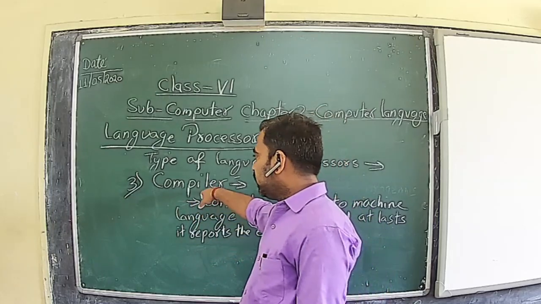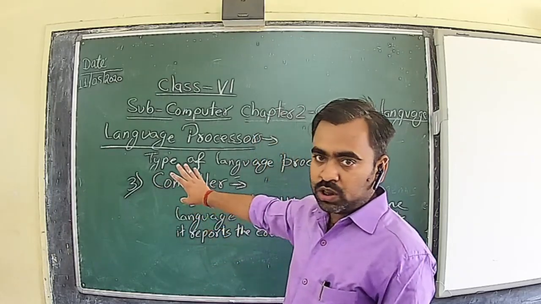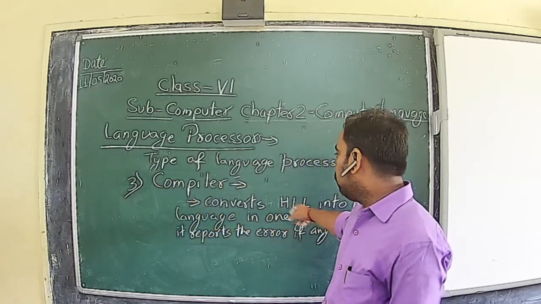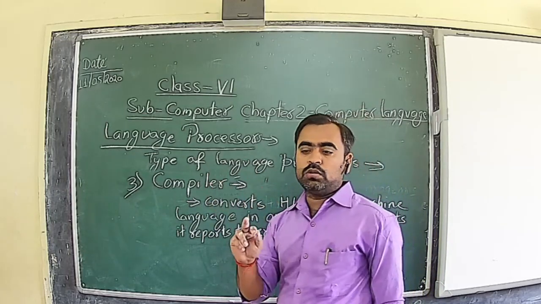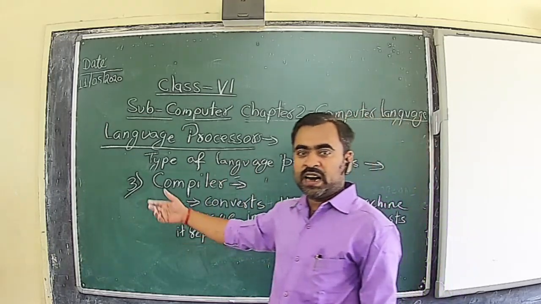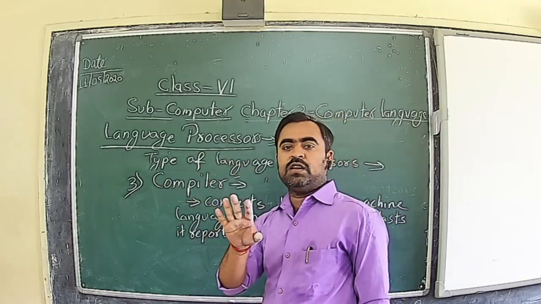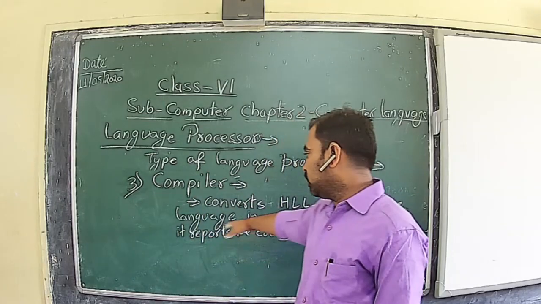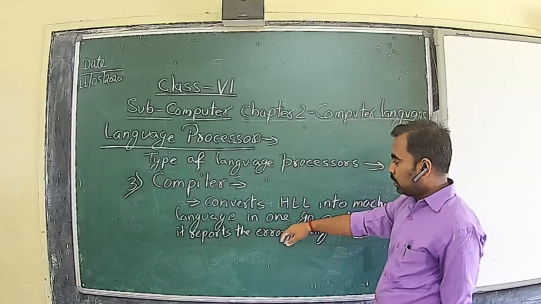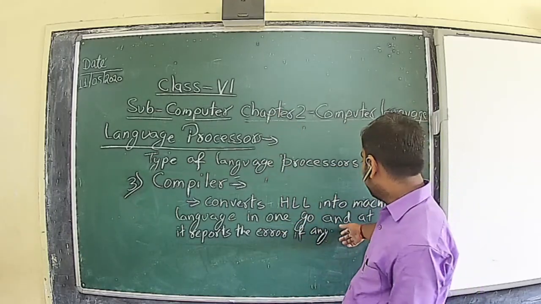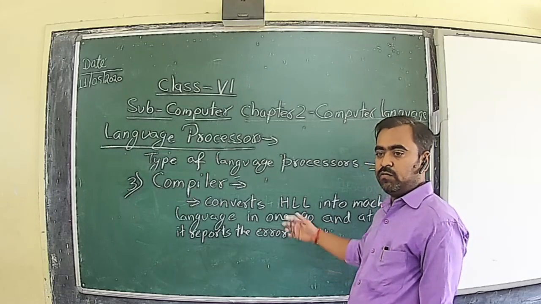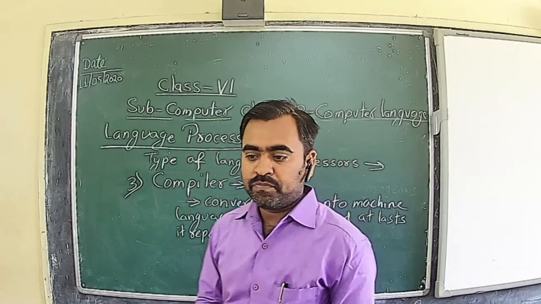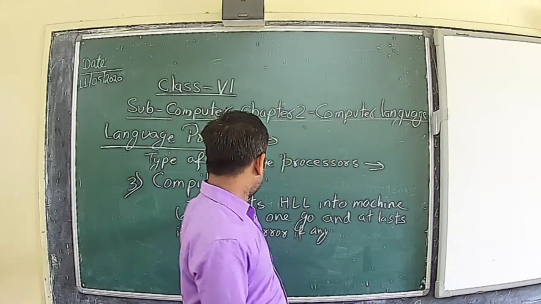So the major difference between interpreter and compiler is that both are used to convert high level language into machine language, but the working is different. The interpreter translates the program line by line, and if an error occurs, it stops there, and once the error is corrected, it moves further. Whereas the compiler compiles the whole program at one time, reports the errors at the last, and once the errors are corrected, it compiles the whole program again.